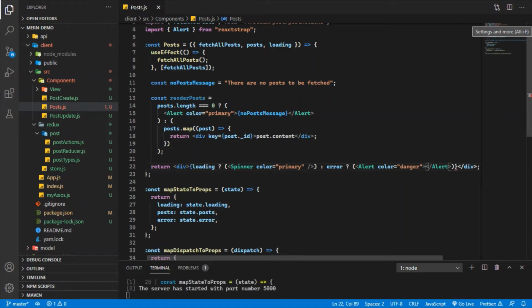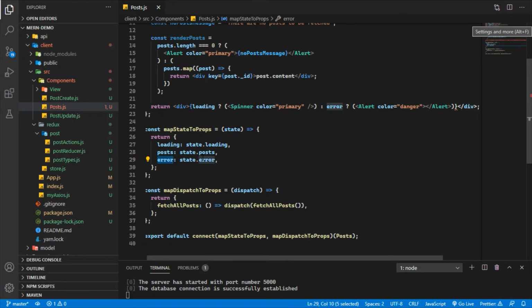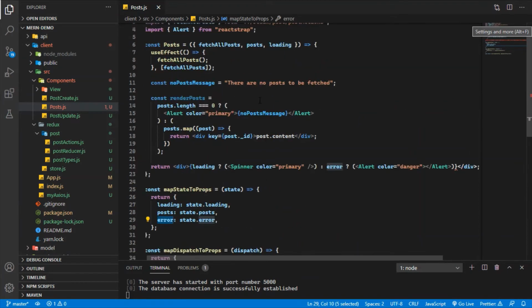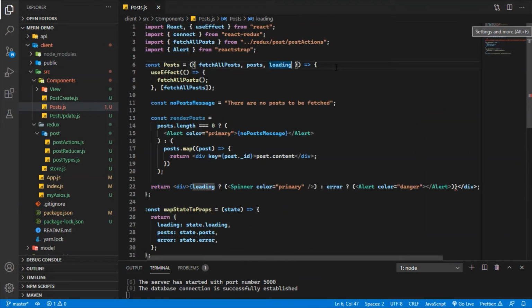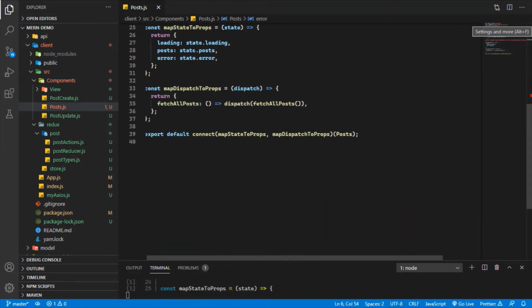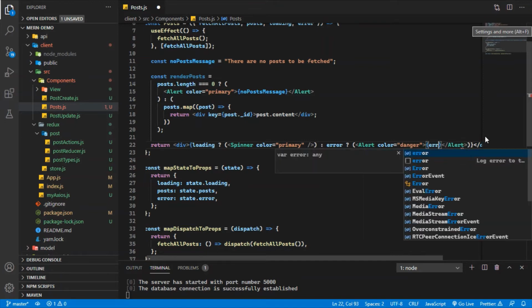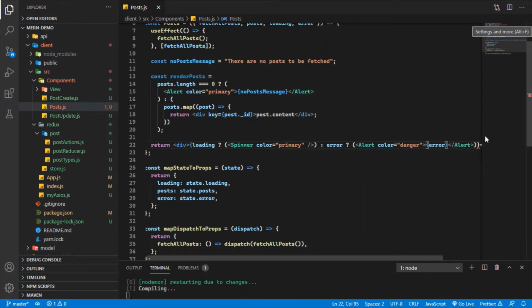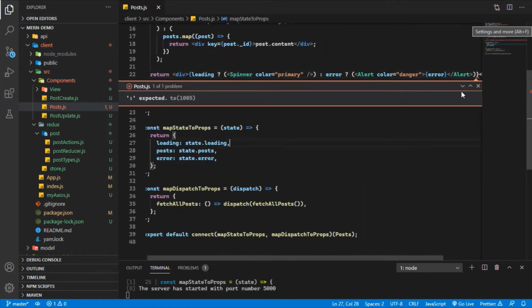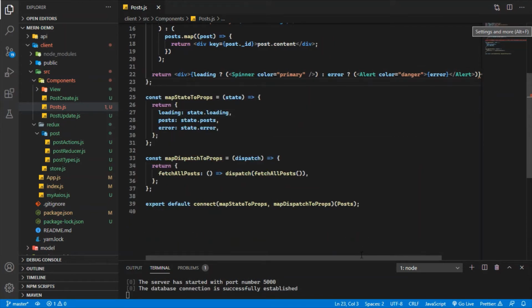And in this portion I will just mention the error variable, which will also come from the props. Error, and from here I'm just going to mention error. Sorry, guys, for the mistake here.